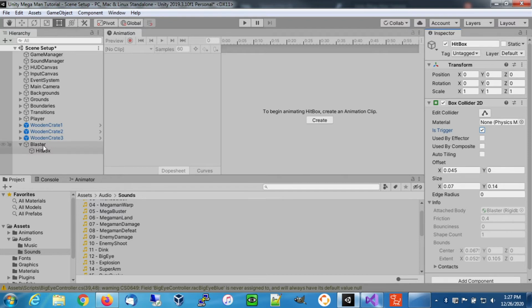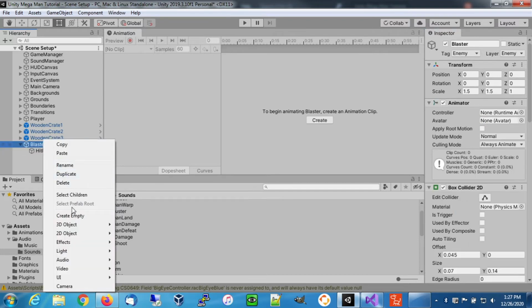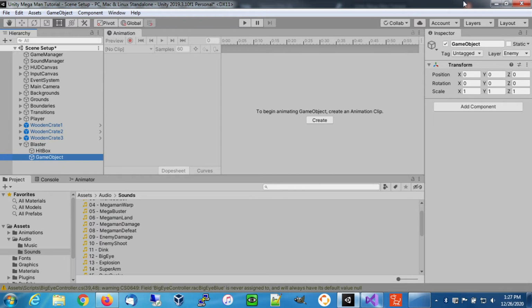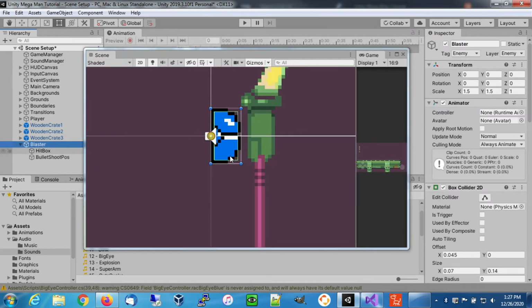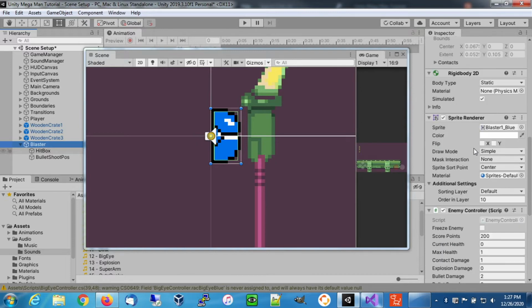And then what we'll do is right click on blaster again, create another child, and change the layer back to default. This child is going to be our bullet shoot position. And there are no parameters on this, but we're going to change the gizmo on it to the little yellow circle, and then we need to set its position. So what we're going to do for that is change his graphic real quick, and then we'll change it back. So go back over to the graphics,